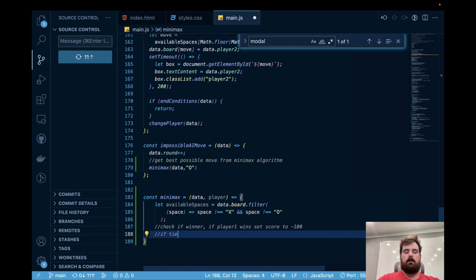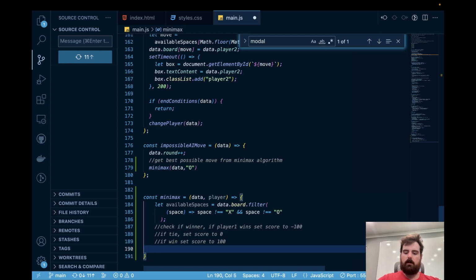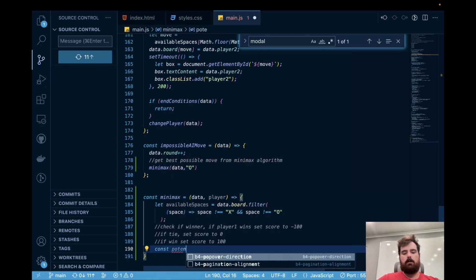If tie, set score to 0. If win, set score to 100. That's what I was talking about earlier. If player 2 loses, then they get -100 points. If they win, they get 100. So we're trying to maximize their points, or minimize their losses. Okay, on potential moves,